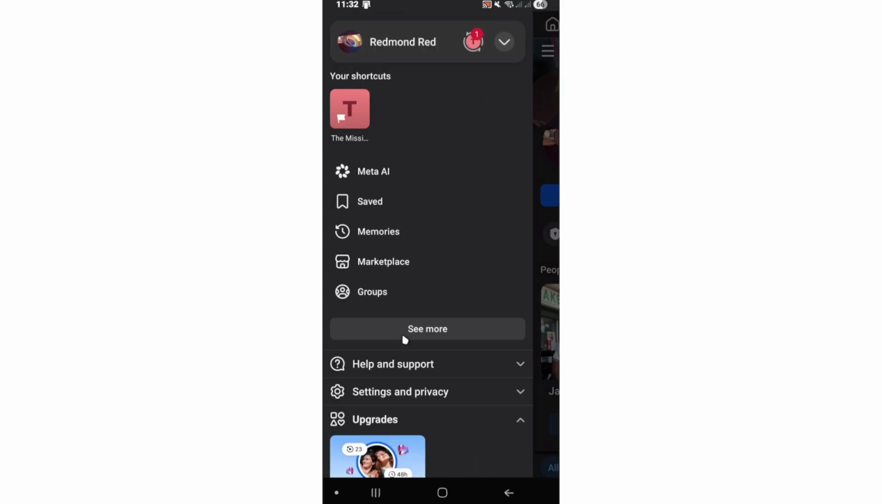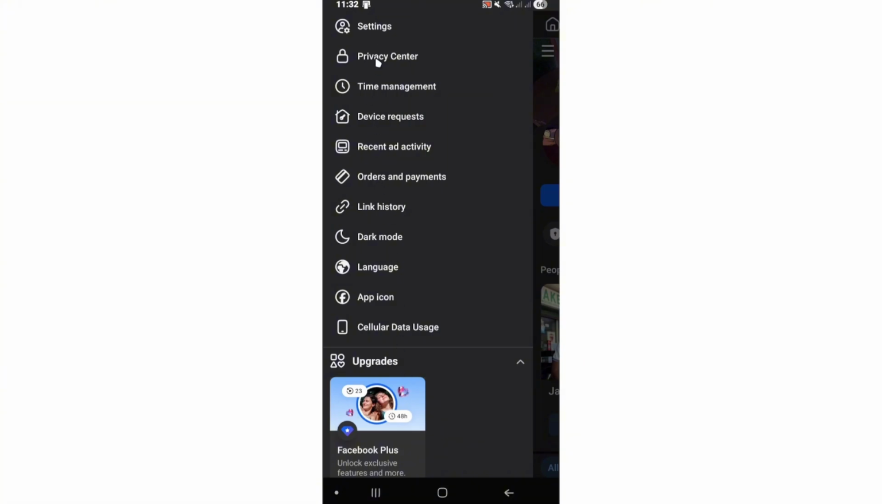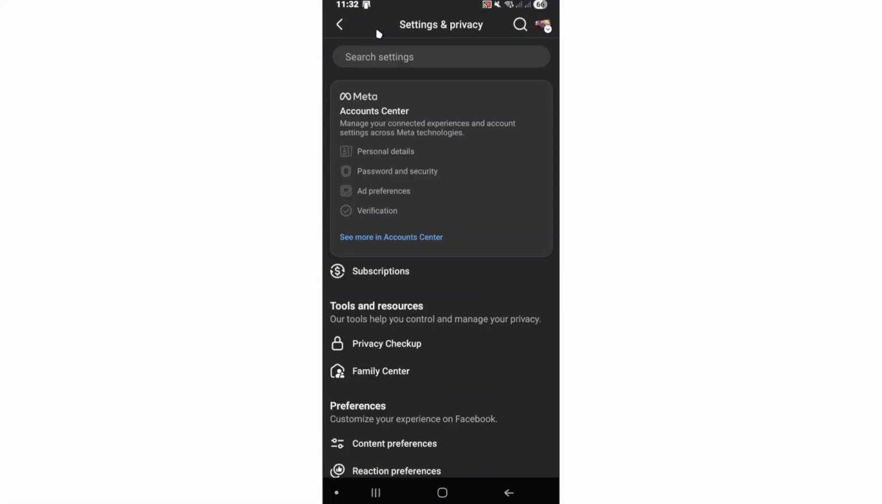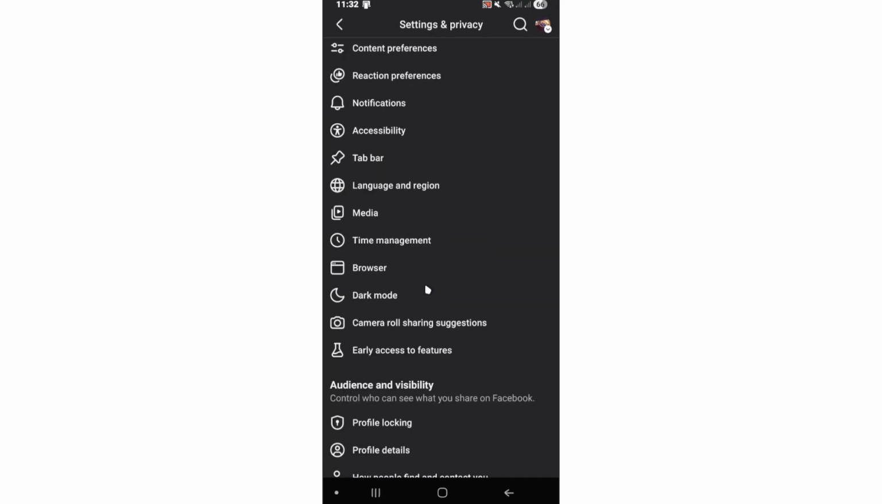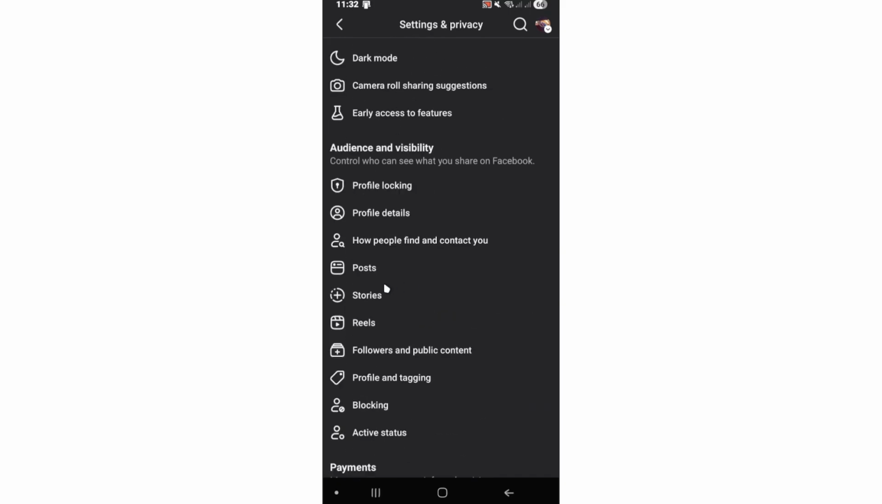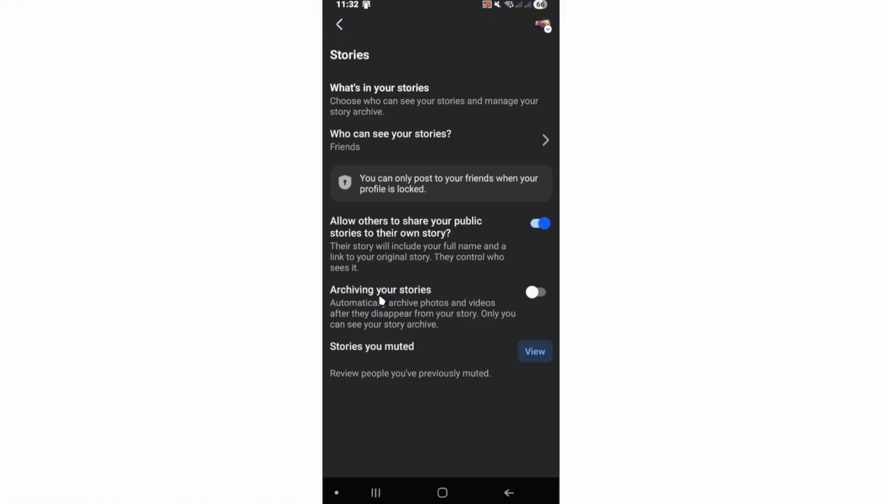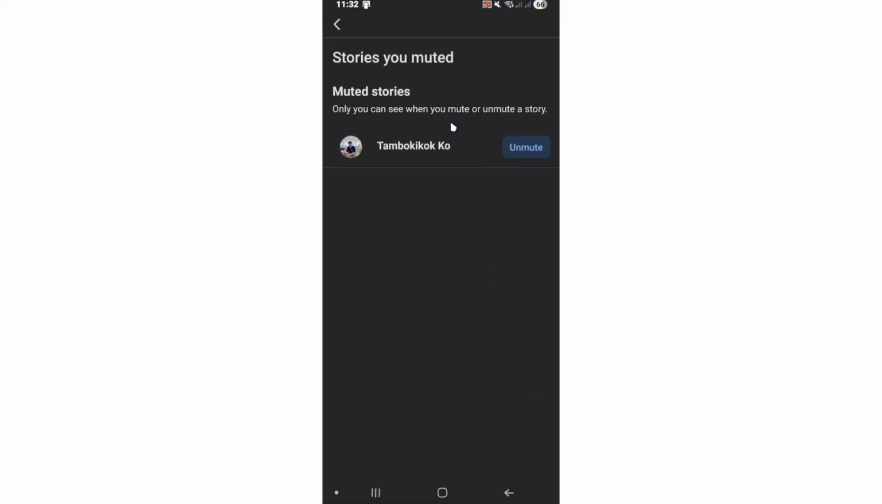the three horizontal lines. Now tap on settings and privacy, settings, wait for it, and then go ahead over to audience and visibility. Scroll down, and then here just tap on stories. Wait a bit, and then go ahead and find stories you muted. So go ahead and tap on view, and all you got to do is just unmute the friend or a